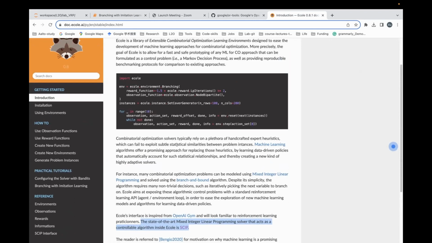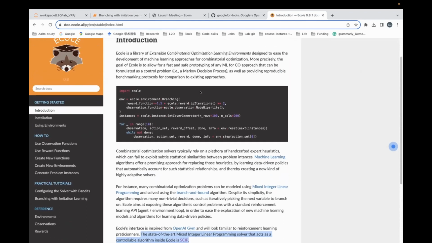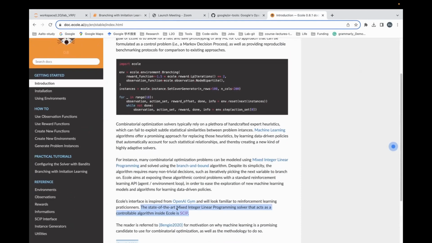But the problem is both ecole and this GCNN are designed for general combinatorial optimization. It's not especially for the vehicle routing problem. Because general mixed integer linear programming uses the branch and bound algorithm, but for the vehicle routing problem, this method can be very computationally expensive.